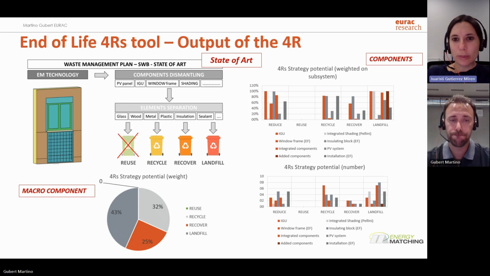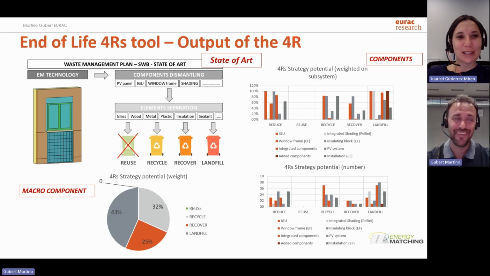Actually, at some point we disassembled this prototype, right? And we could see this discrepancy. So maybe it would be nice to summarize these findings. You're right.